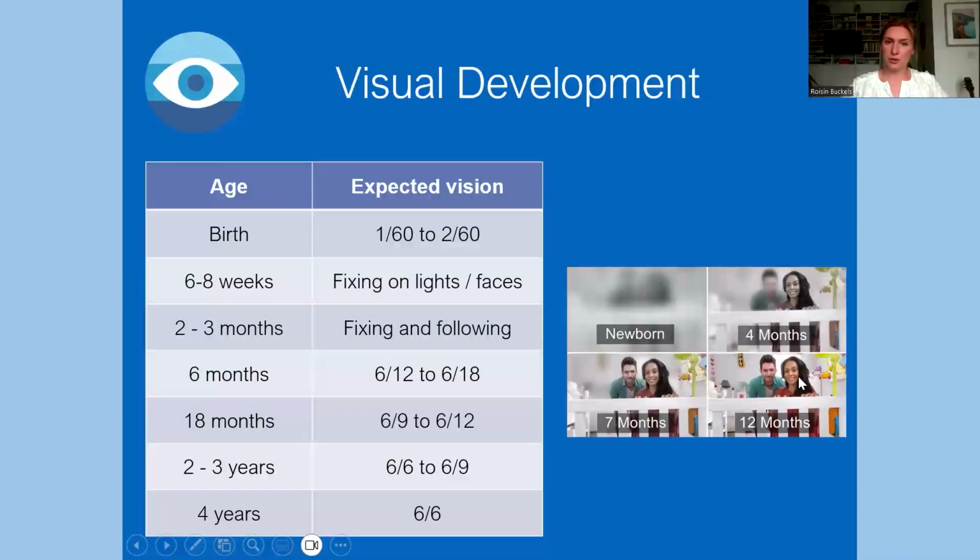So let's start with visual development then. It's really important to stress that the vision of a child at birth is very poor. You can see here the newborn picture. It's roughly the equivalent to about 6/160 in terms of Snellen vision. It's really blurry and vision develops throughout that early period in childhood. So when you're assessing a child, you need to know how old they are and what is normal for that age so that you can say if the child is reaching where they should in terms of their vision or